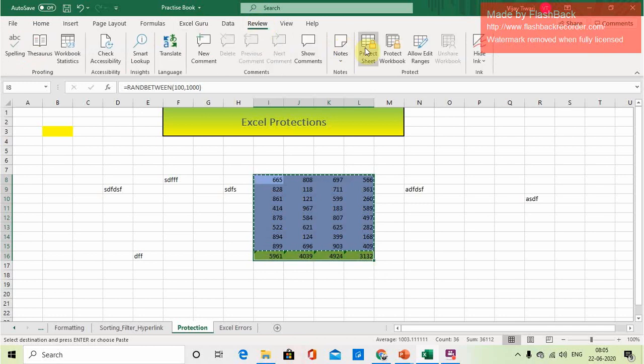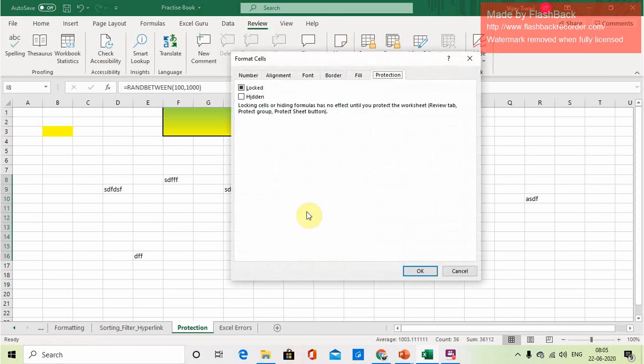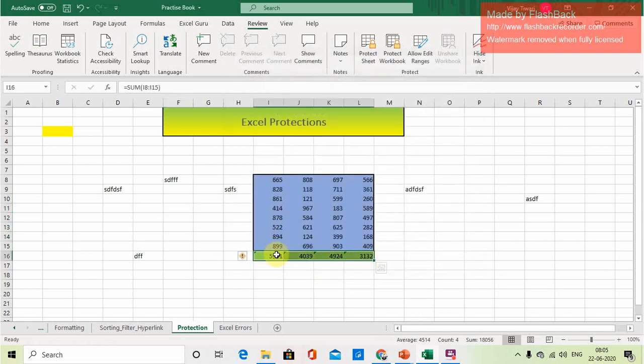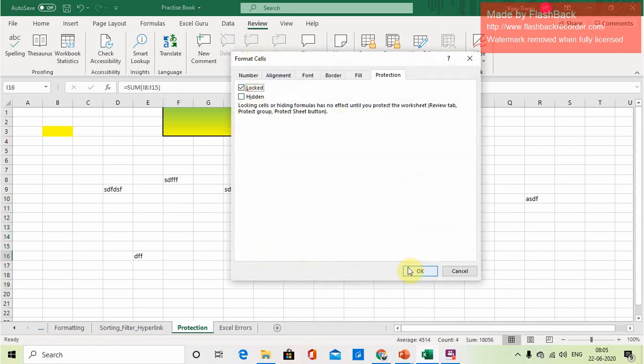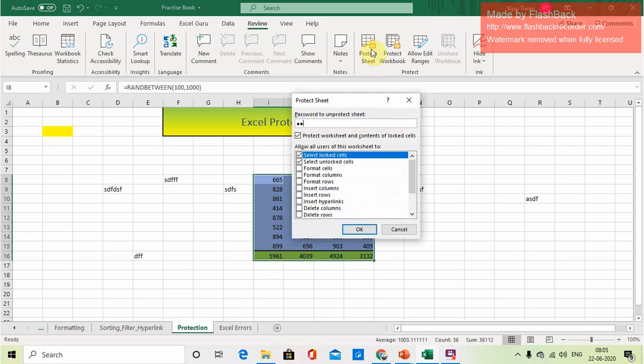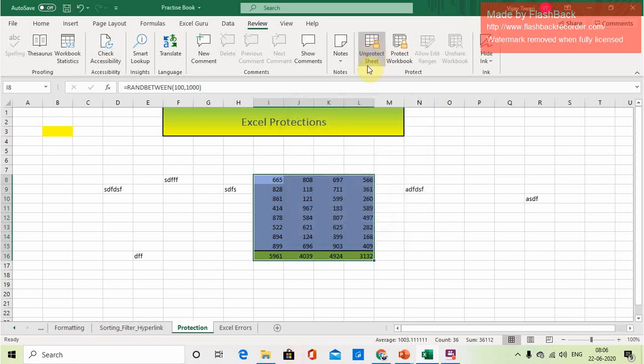In this case, again, let's lock this range also. The above one is already locked, so lock this too. This range is locked, the rest are unlocked. If I apply the protection, this range is protected and they cannot change it. But they are able to see what formula we have applied; the user can see it. But you want them to not be able to see the formula either.